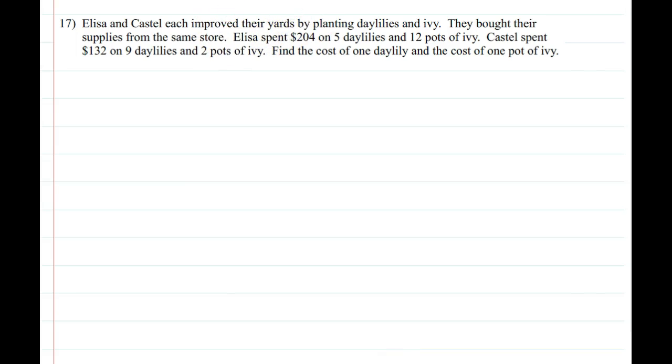Basically the same type of problem. Here we have $204 gets you 5 daylilies and 12 pots of ivy, or $132 gets you 9 daylilies and 2 pots of ivy. So when you write your equation, we're used to having it, some people are writing 204 equals, but we're used to having that constant on the right. So I'm going to go ahead and let the daylilies be x, so 5x, and the pots of ivy be y, plus 12y equals 204,